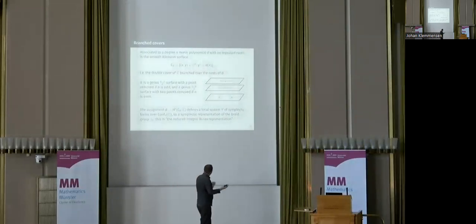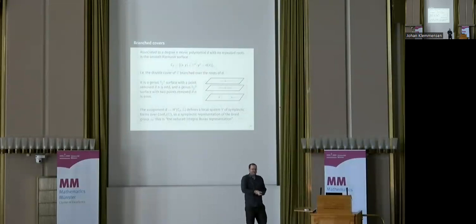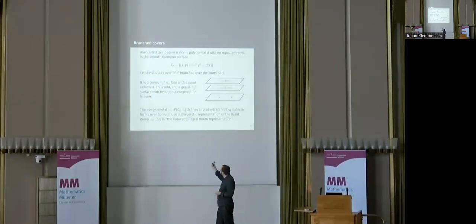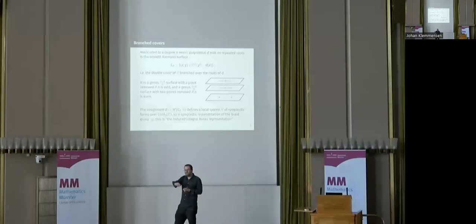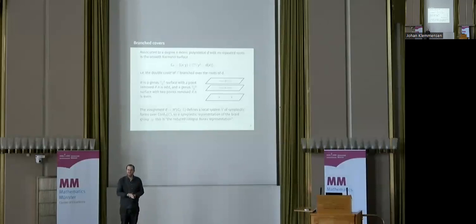This is the so-called Burau representation of the braid groups. So remember, a braid was a loop in this space. If I pick a vector in this vector space and transport it around a loop, it comes back probably to a different vector. And that's a representation. It's called the reduced integral Burau representation. So that's somehow the group theoretic way to see it. It's a representation of the fundamental group. The geometric way to see it is that it's a local system of abelian groups on this configuration space.